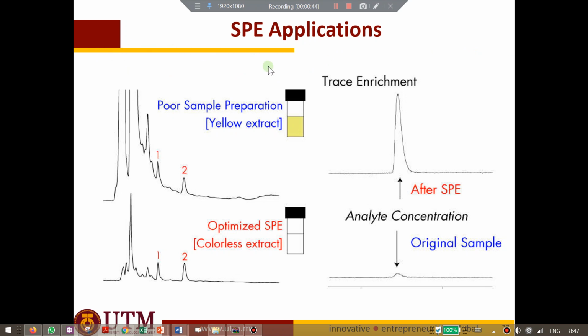This one is where you somehow remove the impurities. In the first sample extraction, you have a lot of impurities, so you can see the background signal is a lot, so you won't get a very good baseline. But using the SPE, you will have better removal of the impurities, so at the end you can get rid of the background interference a lot better. Okay,